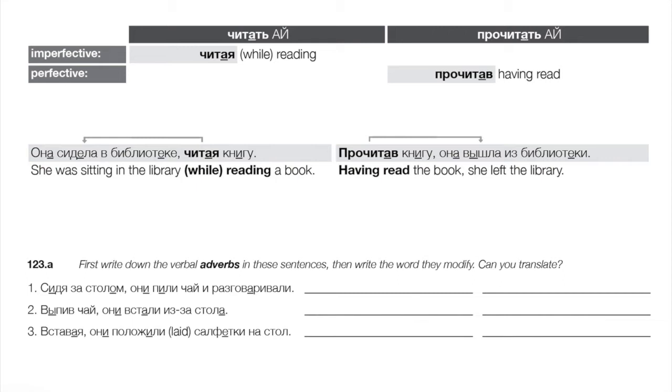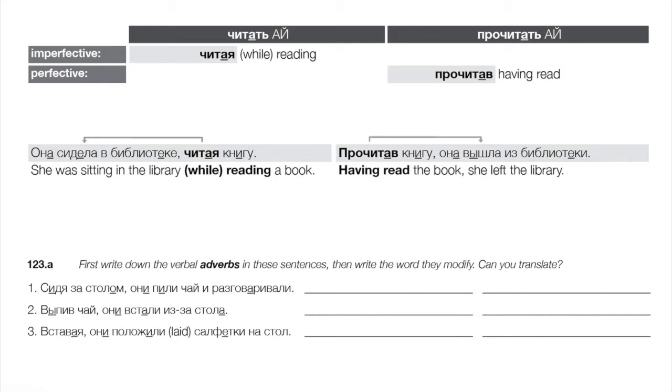Okay, so let's compare these two and compare the meaning. Она сидела в библиотеке, читая книгу. She was sitting in the library reading a book, or even better, while reading. Okay, because imperfective verbs describe action that is simultaneous, it's ongoing with the action of the verb it modifies. So look at the agreement, the arrow there, chitaya, which opens up a clause, right? Modifies the verb in the main clause, right? Она сидела, she was sitting in the library. How was she sitting? She was sitting while reading a book, right? And this adverb again kind of answers a how question, so to speak.